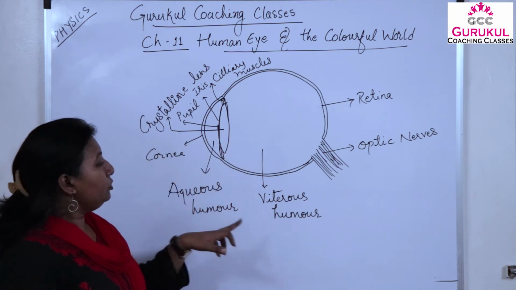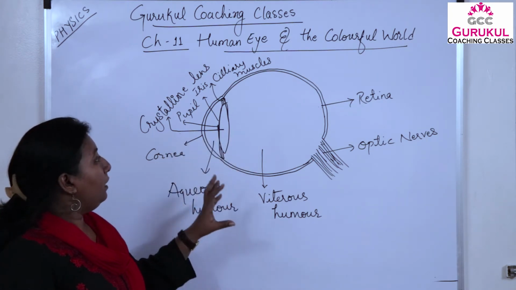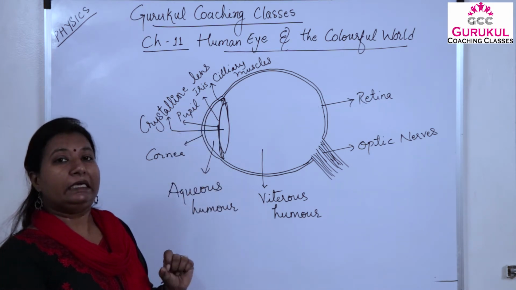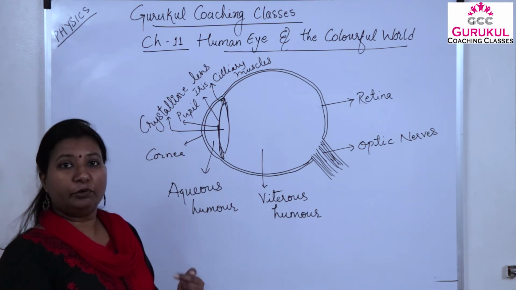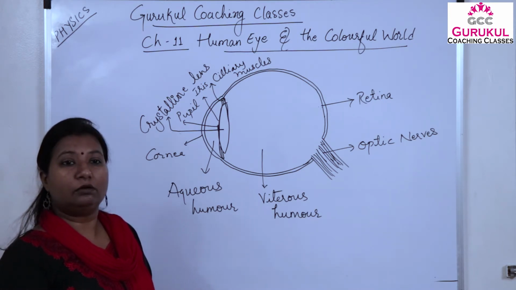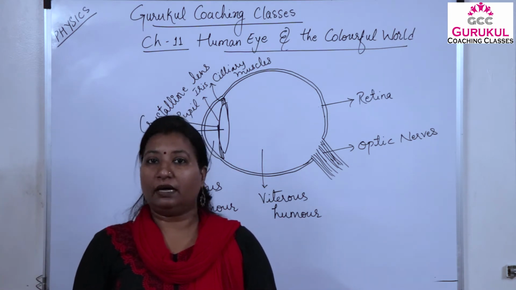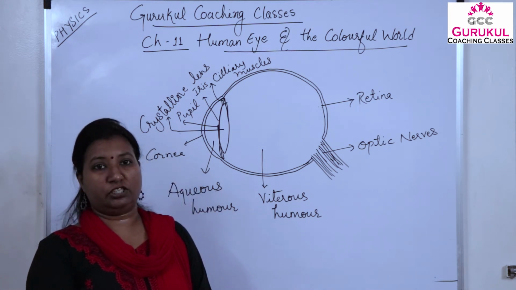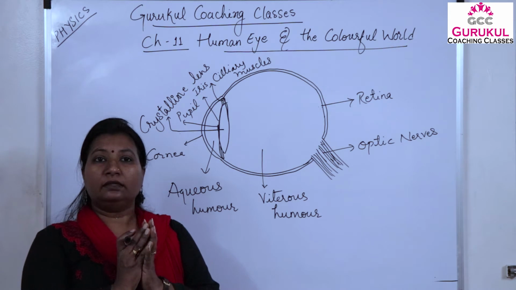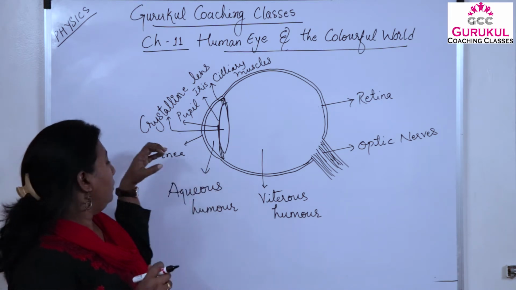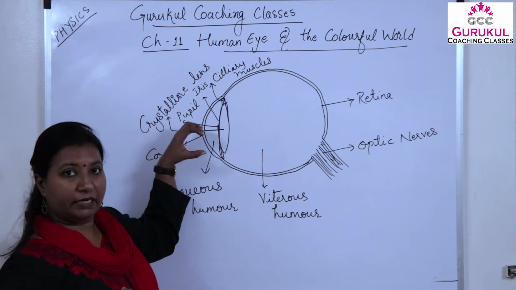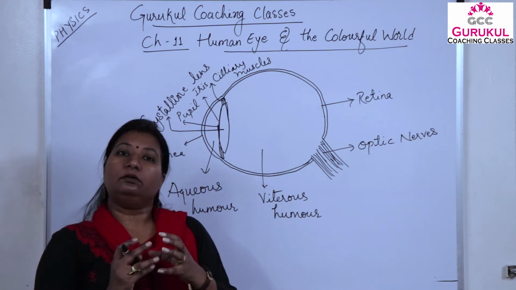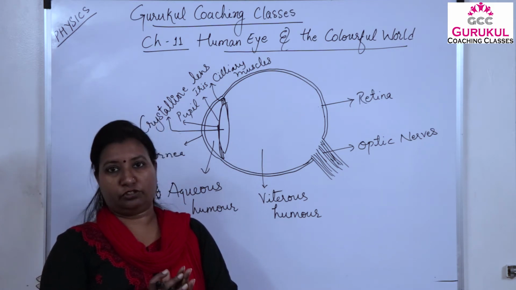These two liquids, aqueous humor and vitreous humor, are keeping the eye lens at a proper position. They are also keeping our eye wet, meaning they are providing moisture to our eyes, and they are also providing nutrition to the eye, right? Their main function is to keep the lens at the proper position, or you can say they are holding the lens by exerting pressure. So aqueous humor is exerting pressure from the outside, vitreous humor is exerting pressure from the inside. So the lens will be at its proper position, right?